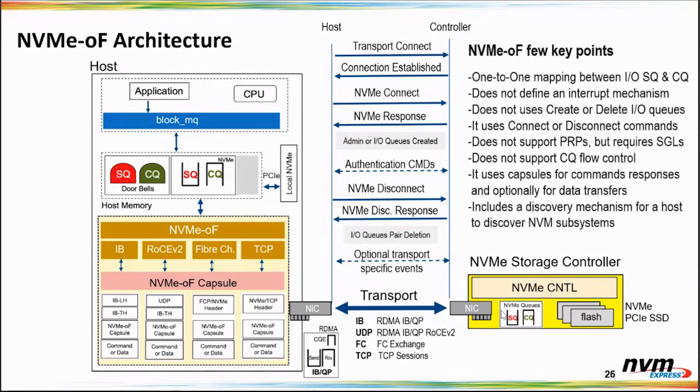Next. Now, there are some key features, such as a one-to-one mapping. This is a little bit different than what NVMe PCIe is. NVMe-oF has a little bit of a difference in there. I highly recommend you go ahead and read the spec for the detailed differences. I'm sorry, I don't have the diagram for it. We're going to stay on this diagram and tell you how a read command will be executed over this